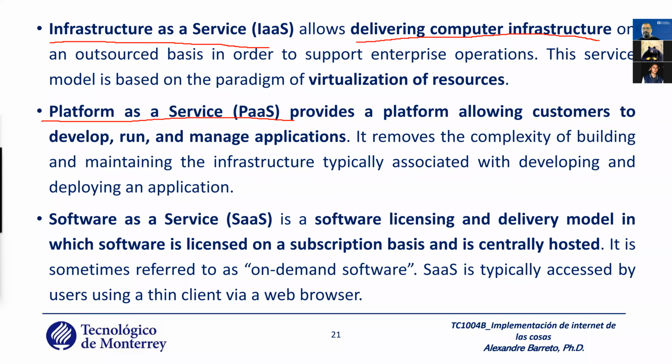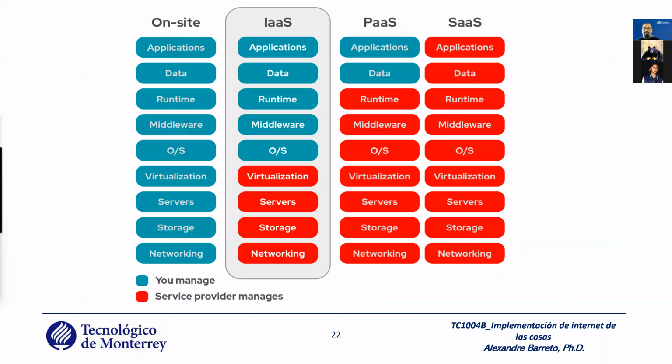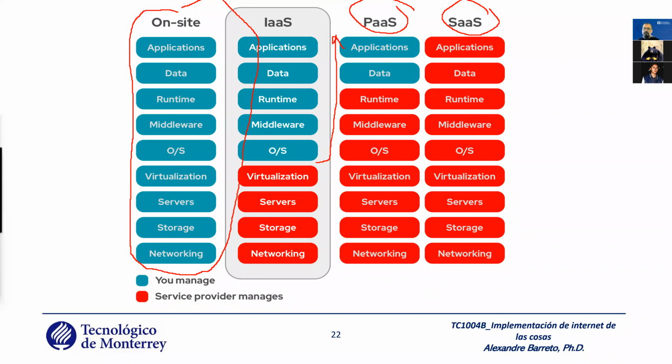Platform as a service provides a platform that allows the customer to develop, run, and manage applications. And here it's very good to understand. When you have one site on your own, you're responsible for managing all layers of the networking. When you have IaaS, you start to worry about what is above the operating system, but the virtualization, storage and network you don't need to worry about. With PaaS, you think only about the data and the application, and with SaaS, you don't think about anything. You only use the service.